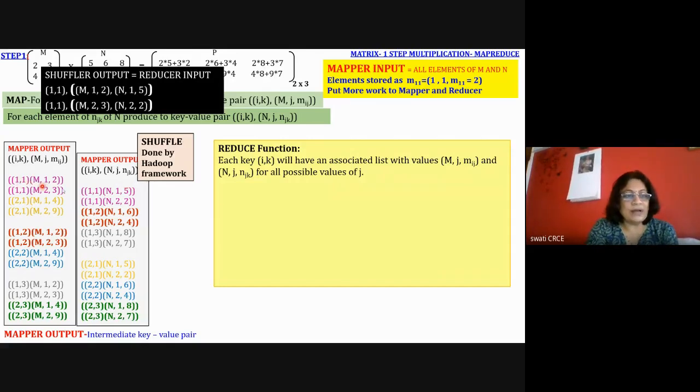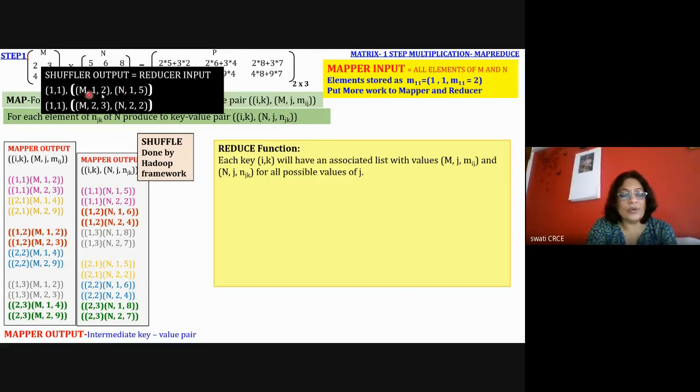So for the key 1 1, it will sort on the basis of j and create a list of values. So M11 will be here, and N11 will be here. And here the sorting is done on the basis of j, and two lists of values are created for the key 1 1. The second list of values will have j is equal to 2. So these two elements are there.